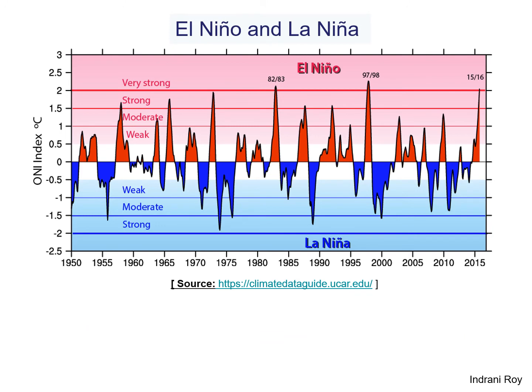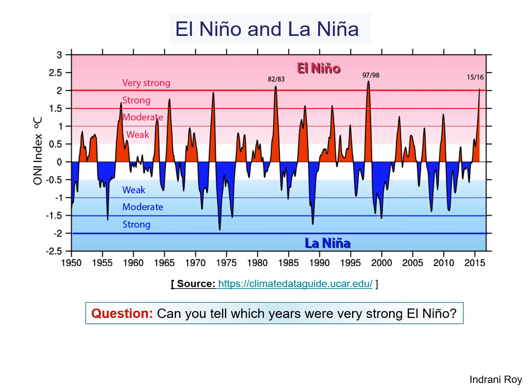Here is a time series plot starting from 1950 of ONI, which is Central Pacific Ocean temperature. When the ocean temperature is positive, it is shown by red color, and those years are called warm events of ENSO, or El Nino. While when the ocean temperatures are cold, it is termed as La Nina, or cold event of ENSO, and shown here by blue. If those temperatures exceed certain thresholds, they're termed moderate, strong, and very strong cases.